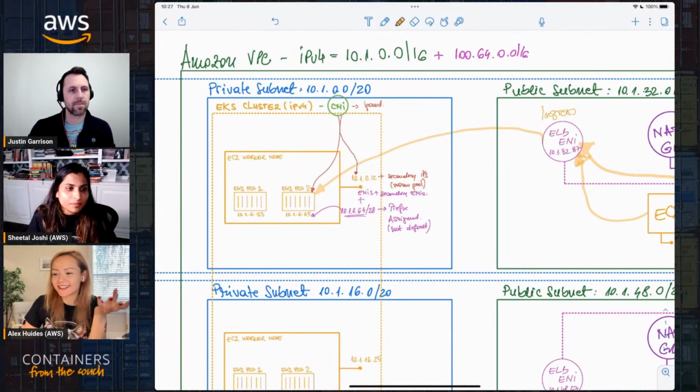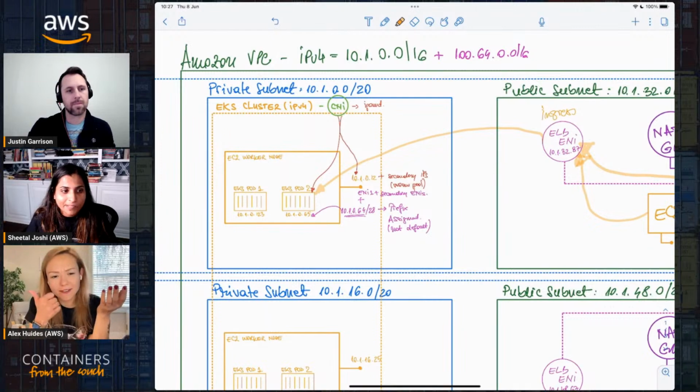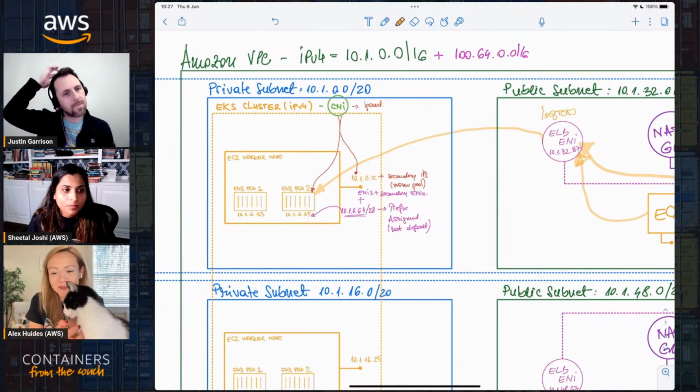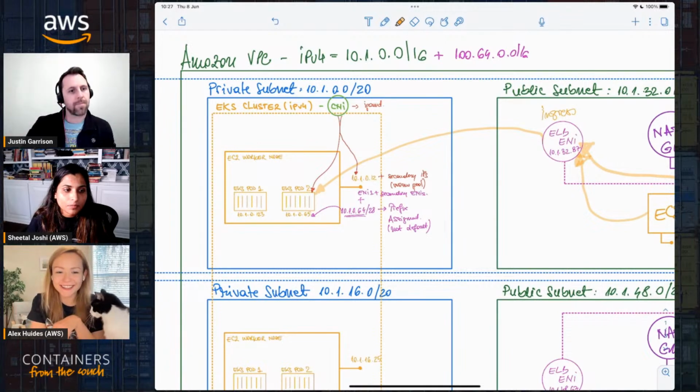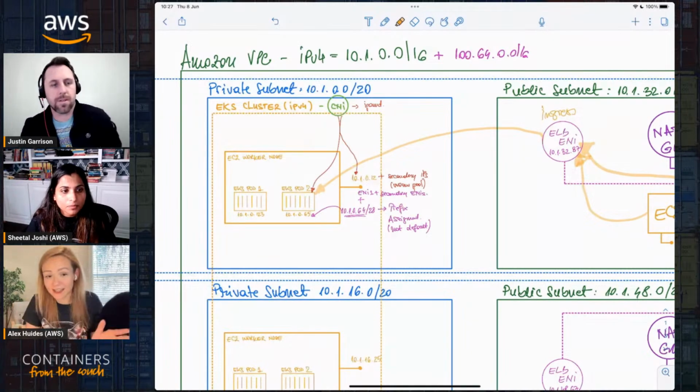Yeah. And I think this question always comes with, okay, if I go with overlay mode, can I still use VPC flow logs and see all the information? How do I actually track every single IP address on the overlay and what it does? How do I implement security for those and so on? So there's a bit of overhead that gets added because of the overlay mode, the lack of visibility,